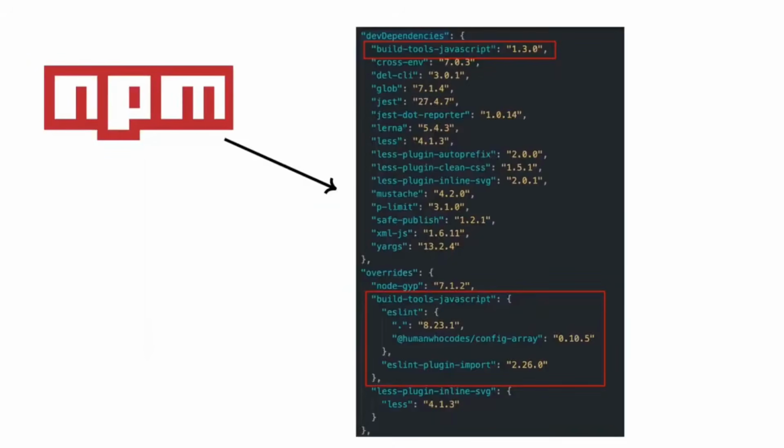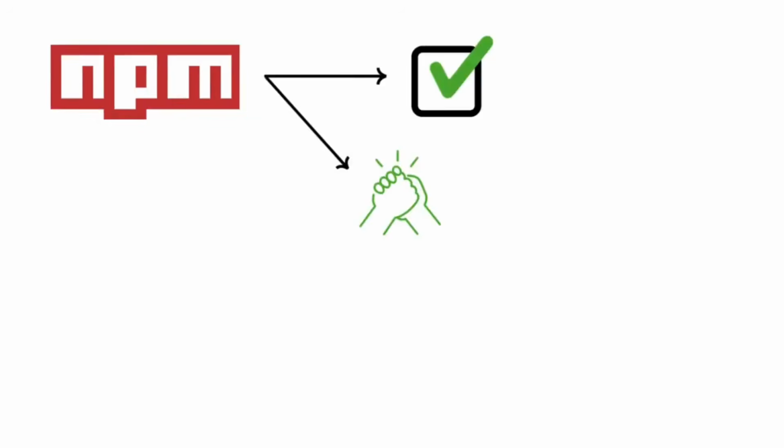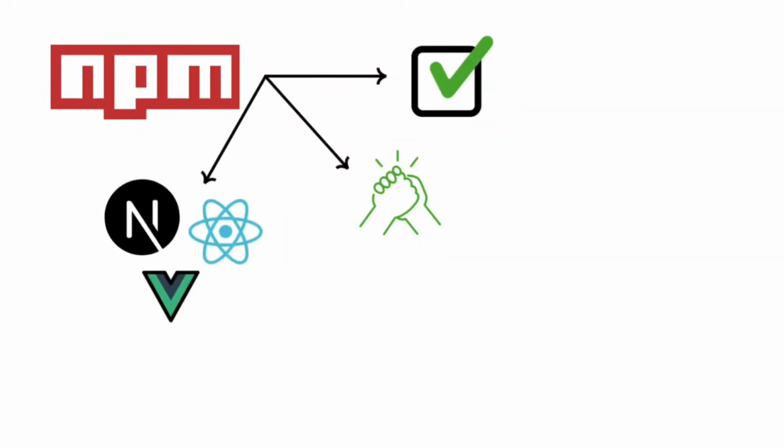NPM also creates a package-lock.json file, which locks the exact versions of every dependency, including subdependencies. This ensures that your project behaves the same on every computer and prevents bugs caused by version mismatches. NPM is simple, widely supported, and works with almost every JavaScript framework, which is why it is the default choice